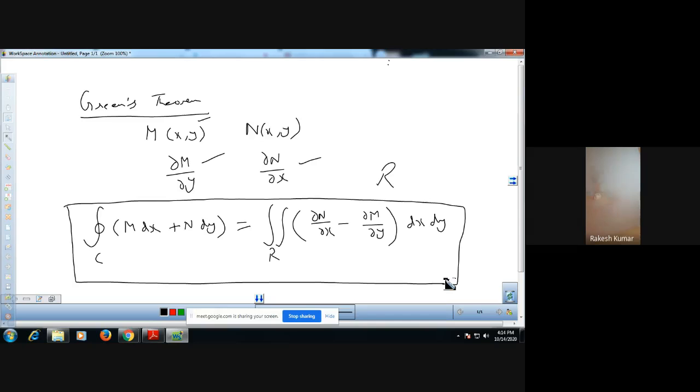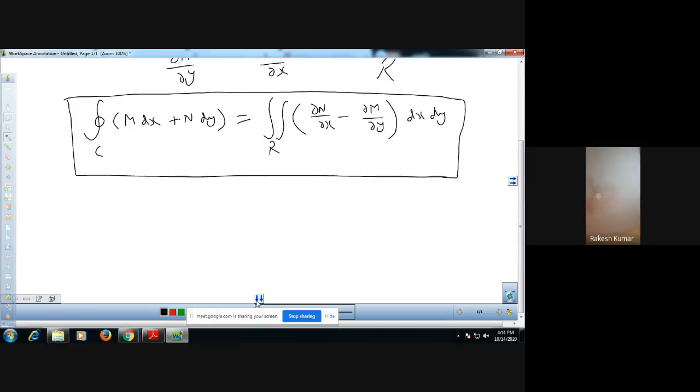So this is the statement of Green's theorem, and C is traversed in the counterclockwise direction. Counterclockwise means anti-clockwise direction. So C should always be taken in the anti-clockwise direction. Now, let us take the example. The example is: verify Green's theorem